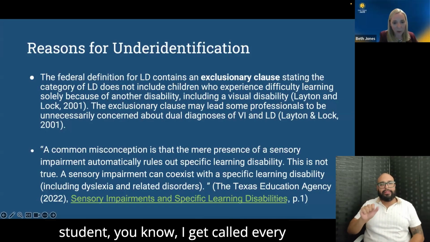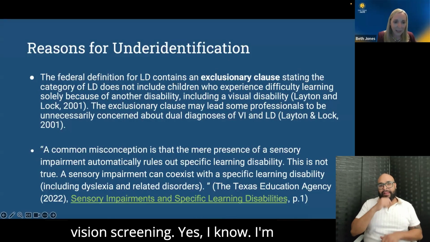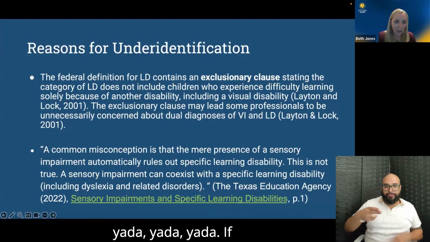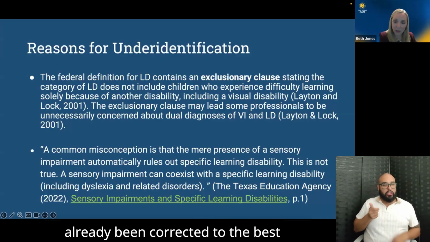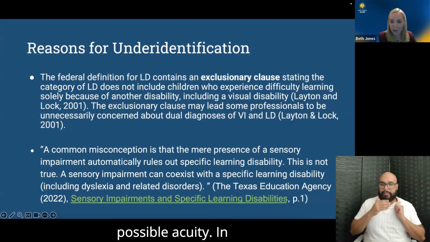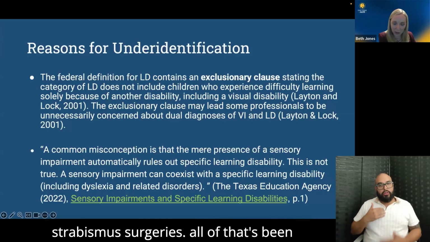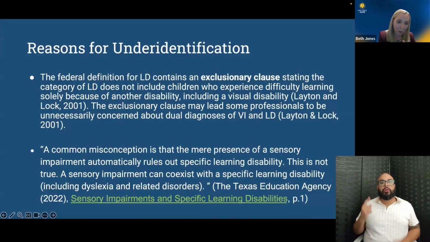However, if it's a student, I get called every year for my daughter not passing the vision screening. Yes, I know, I'm aware. Here's the name of her doctor, and so on. If that's the case, and the vision has already been corrected to the best possible acuity. In my daughter's case, she had 2 strabismus surgeries. All of that's been done the best it could be, and that's one of the reasons why I did not